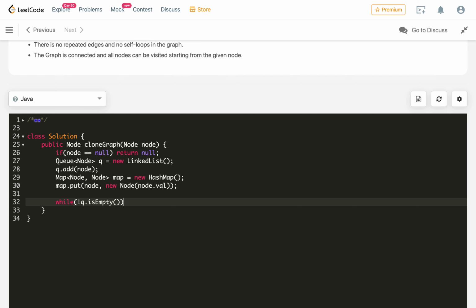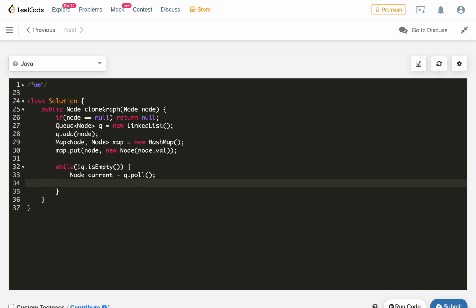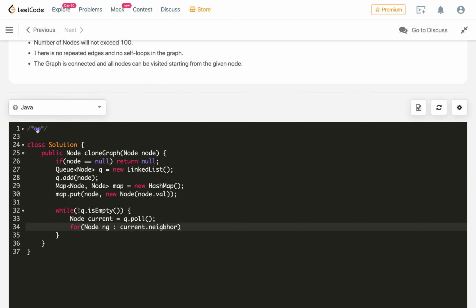So we will process this, and we will get current from the queue dot poll, and then we will process all the adjacent nodes of the current node. Let's see the definition of this.